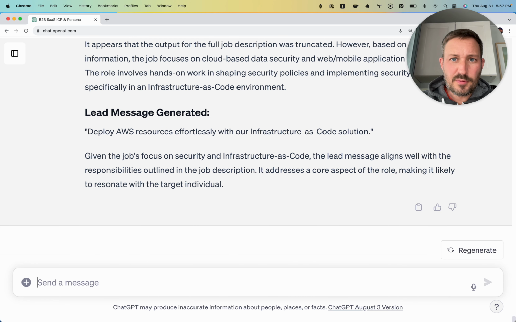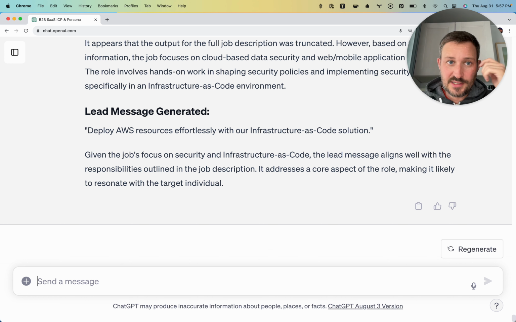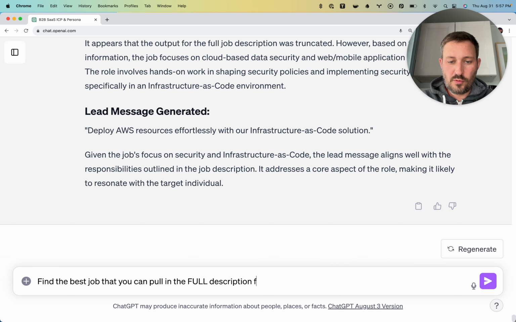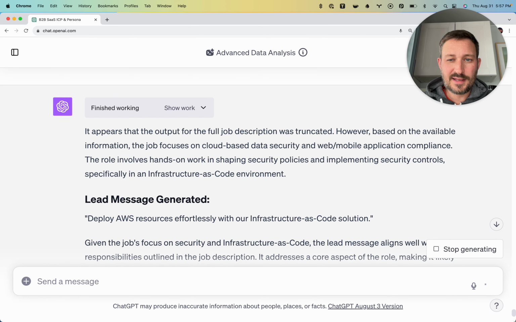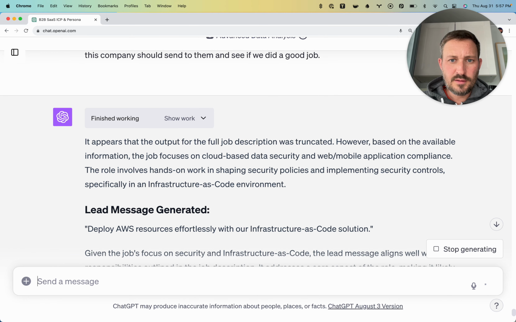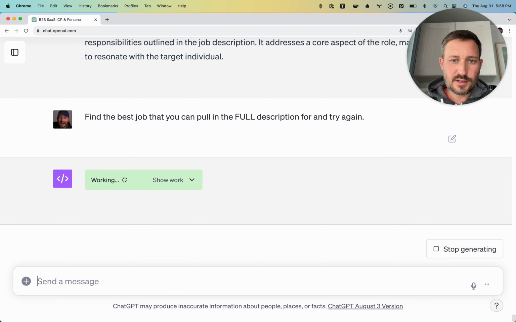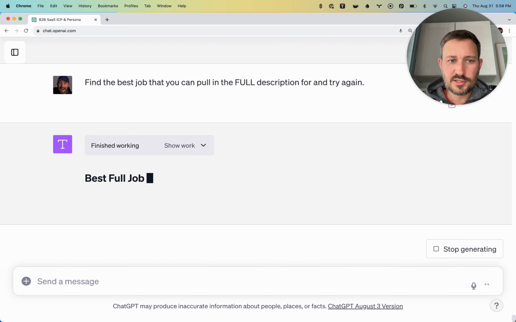The output for, so this is like where it gets a little, find the best job that you can pull in the full description for, and try again. Okay, so it got a little drunk. It gets a little drunk. Yeah, the output for the job was truncated. So this could be in the data, but it probably is just because ChatGPT is like,